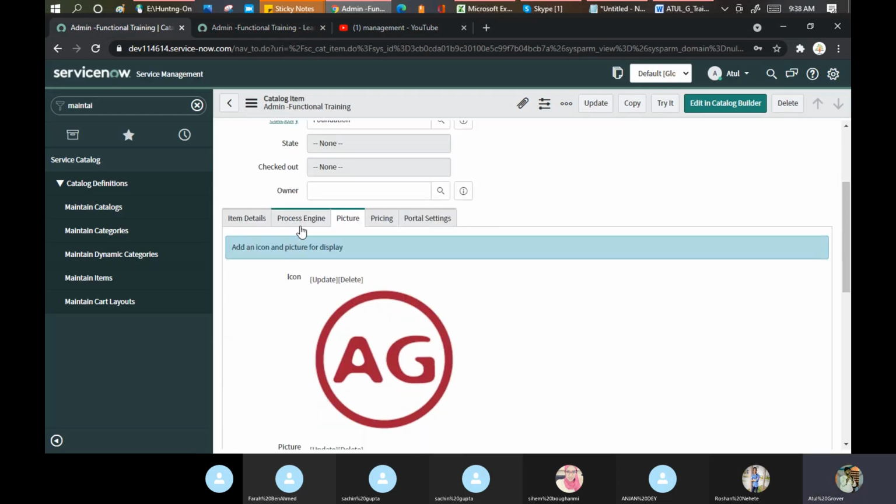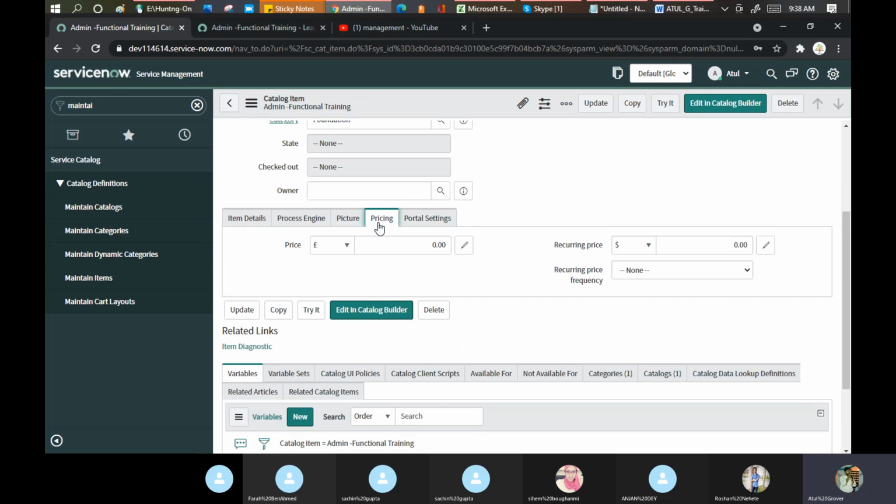I skip this part, process engine, for the time being, and add in the catalog builder the second thing. Now go to the pricing. Here you can decide the pricing. I said I should be charging in dollars. How much do I charge? I said $250. Do you want the recurring price? I said yes. If you do training 4 times from me, I am taking the recurring price as $100 every time.